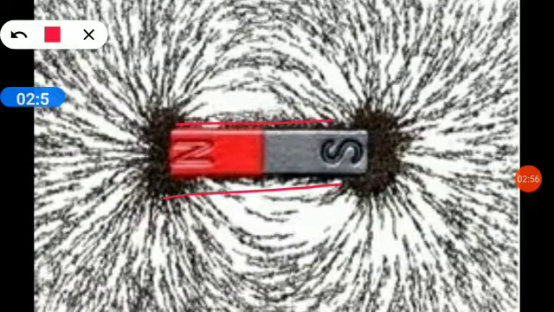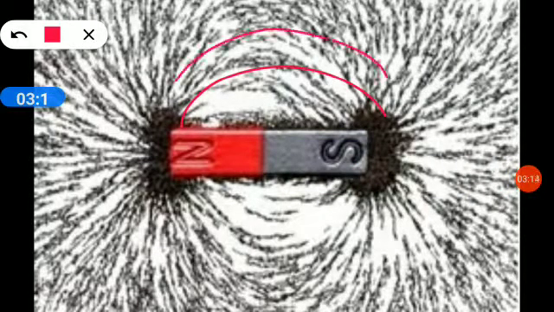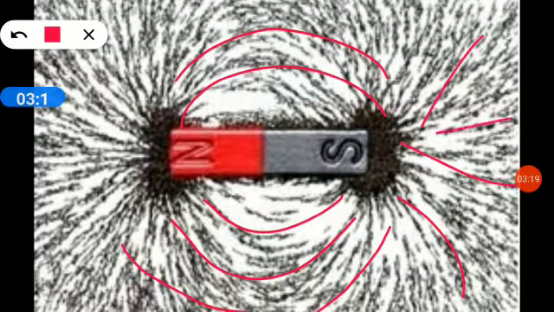Sprinkle fine powder of iron filings, which are very small particles of iron, such that it is spread evenly on the paper. After some time, as you sprinkle the iron filings on the paper, it will adjust itself like here, in the form of these lines. Automatically it will adjust itself. Why? Due to magnetic force. Here on the poles you can see a dense quantity of iron filings, because on the poles the attraction force is more than on the other side.